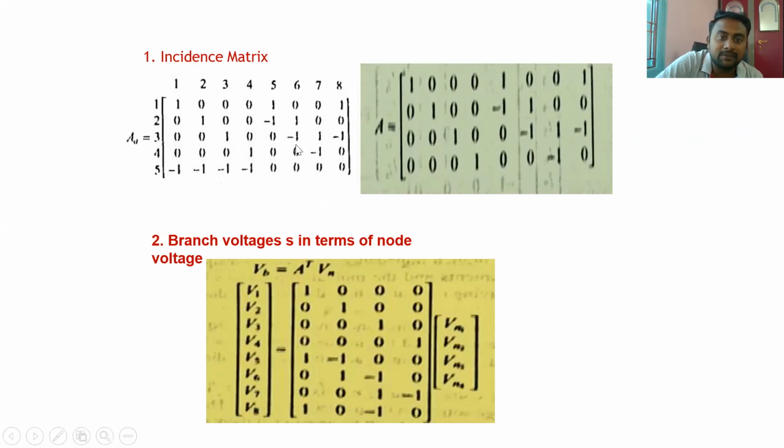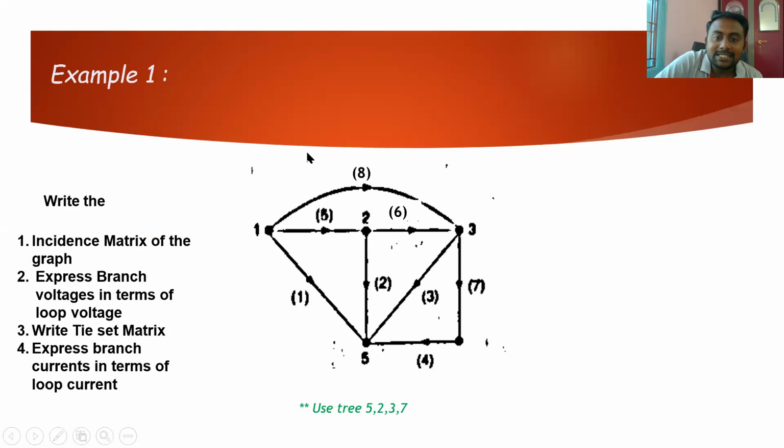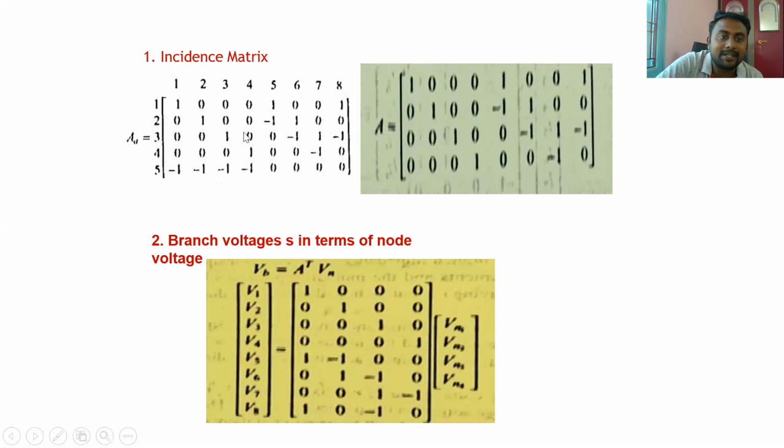Okay. The third one is associated with 8, 6, 3, 7. So 3, 6, 7, 8. I'm writing with respect to the explained things, and I'm removing the last branch.